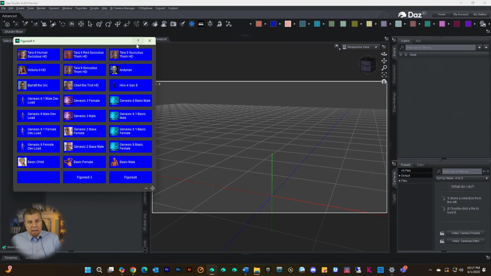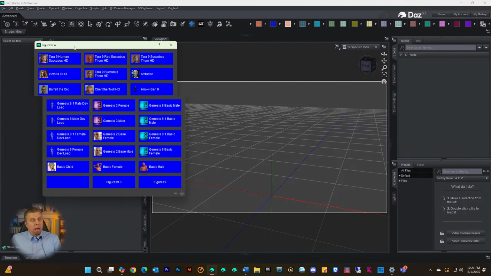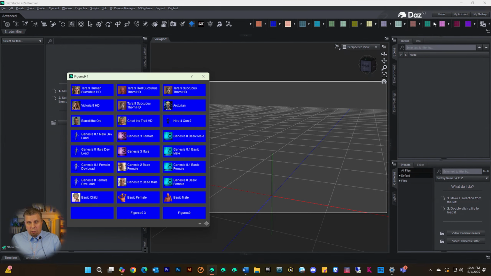It is buggy, okay? And while this is open, I can't click on my scene. I can't click on anything else. And if I put something in the scene and I click in the wrong place, all right, so what we have here is an almost perfect solution where I'm able to bunch a bunch of things together. This is skin, hair, eyes, poses, put them together and create these little quick menus, okay? But again, the problem is that when this script is open,